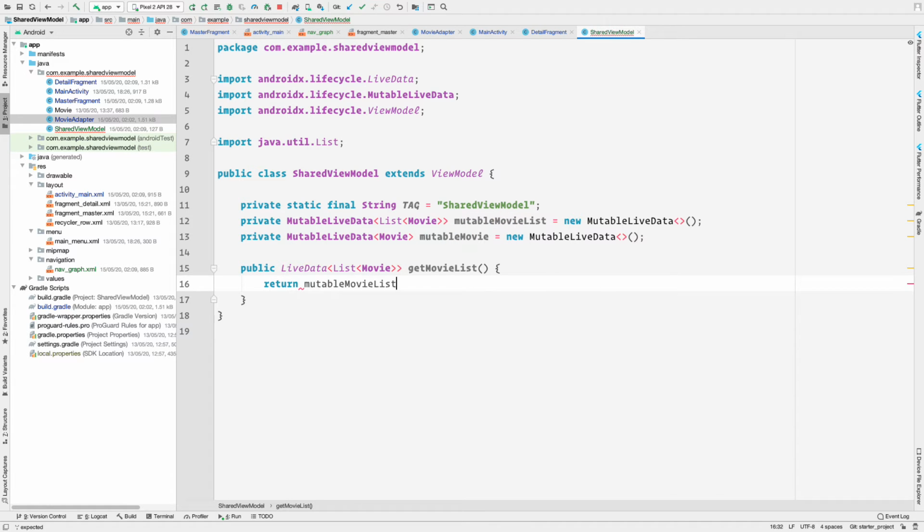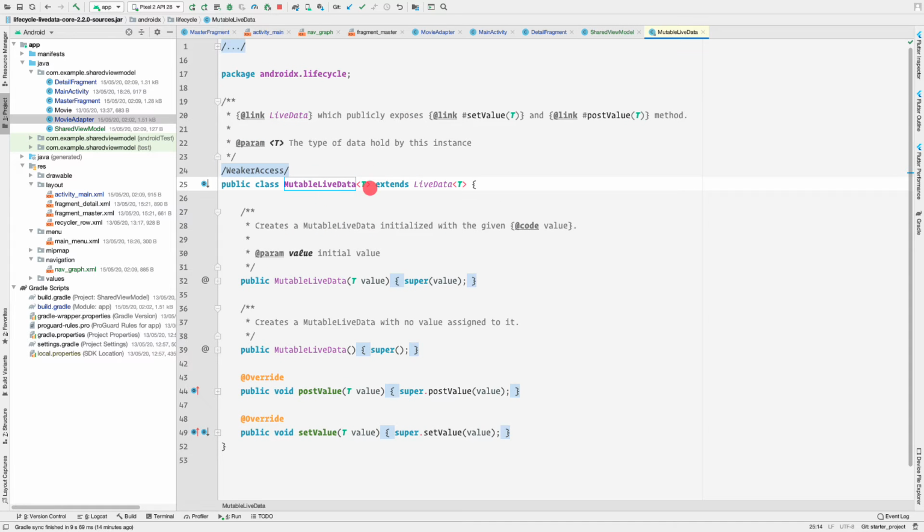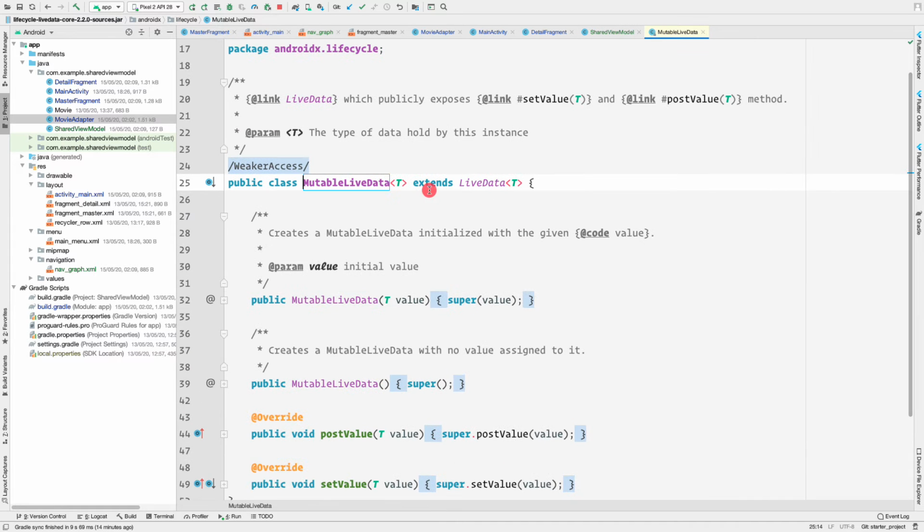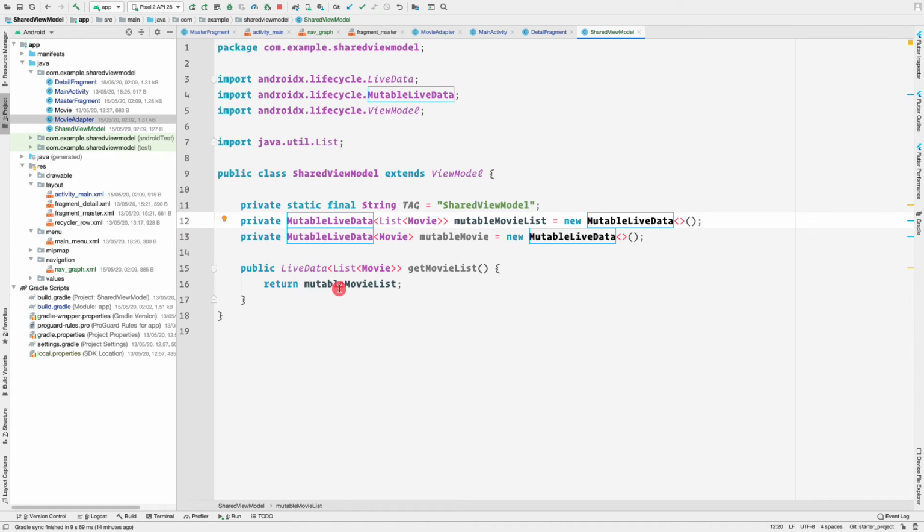Let me return it first and then I'll explain it. Why we can return mutableMovieList is because it is of type MutableLiveData, whereas this expects a return type of LiveData, and that is because MutableLiveData extends LiveData. Therefore we can return MutableLiveData whenever something is returning LiveData. So that is why we can return this mutableMovieList.